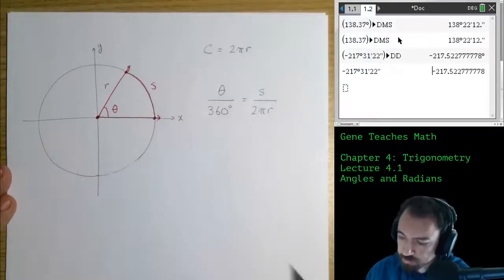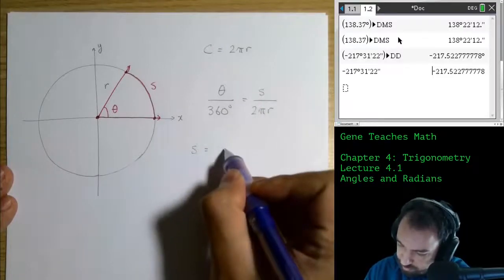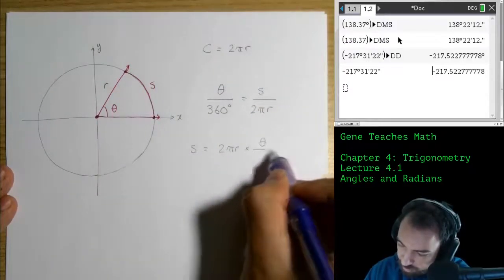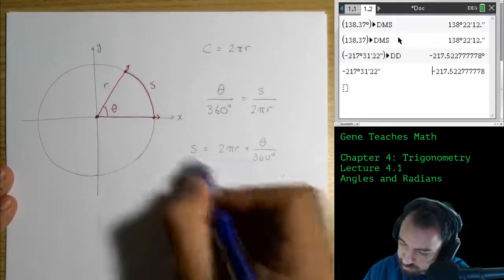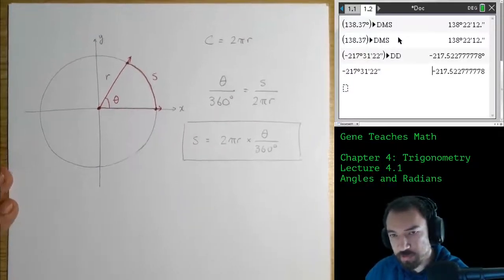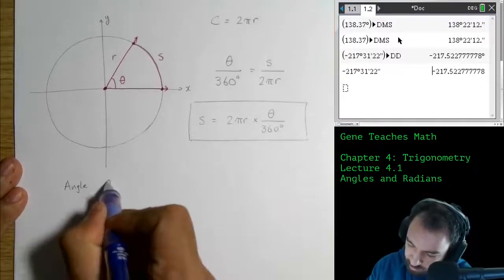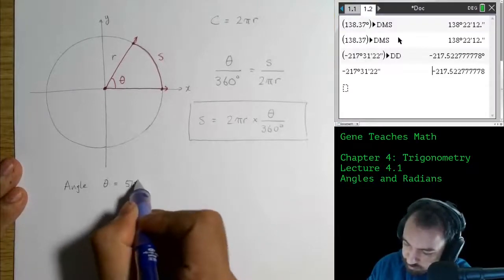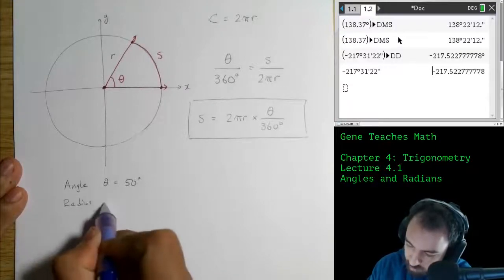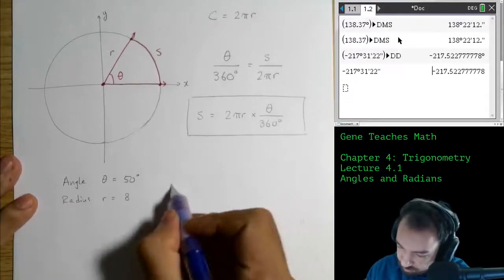Okay, so generally speaking, we can say then the arc length is going to be written as 2 pi r multiplied by the angle out of 360 degrees. And this is a very useful tool. As an example, what if I say there is an angle theta equals, let's just go with 50 degrees, and then the radius r equals 8. Then I can immediately say the arc length,